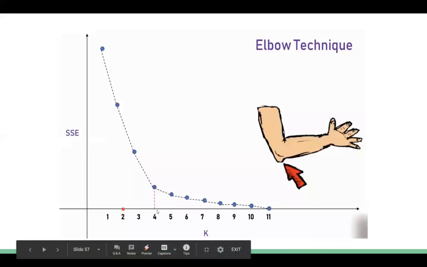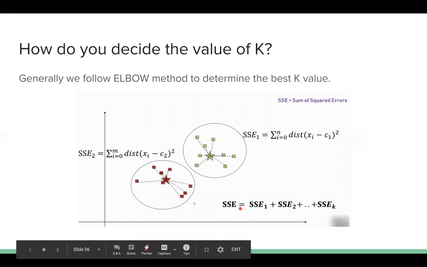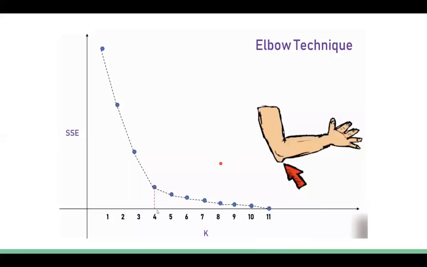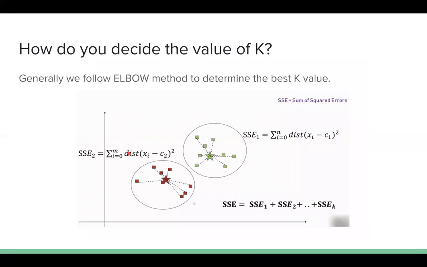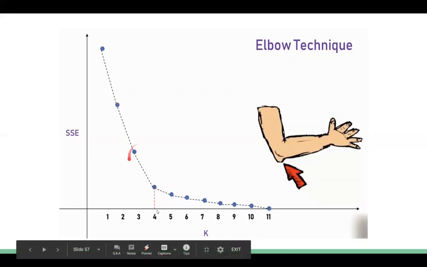When you have taken it as 2 clusters like this, what will happen? SSE will be SSE1 plus SSE2. So you calculate this and sum it up. Then your total error will become a little better. Now, when you go for k equals 3, your error has become a little better again. What do you mean by k equals 3? That means SSE will be SSE1 plus SSE2 plus SSE3 for 3 clusters. So you will get a better error. And for 4, you got another error. For 5, you got another error. For 6, you got another error.